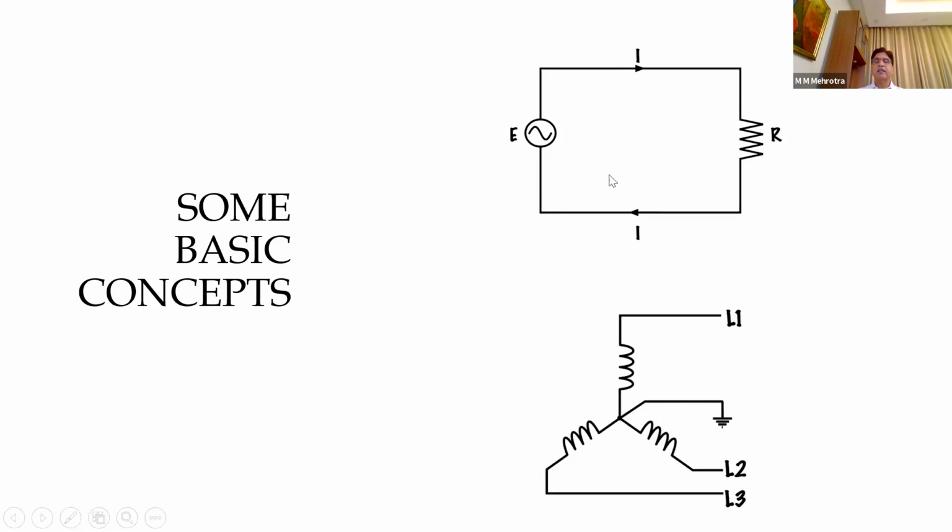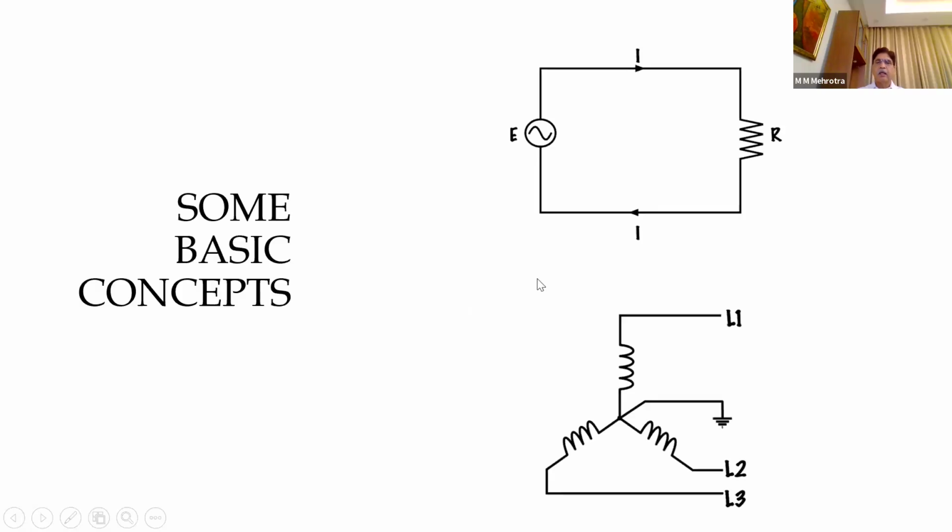So in case of single phase, the neutral conductor is of the same size, and in case of three phase, the neutral conductor will be half the size, right? Is this point clear to you?